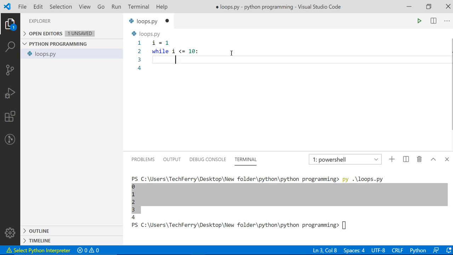So to write a table of 2, I have to define a value I as, okay, I'll write it 1, but I will write 2 into the value of I. Every time the value of I is